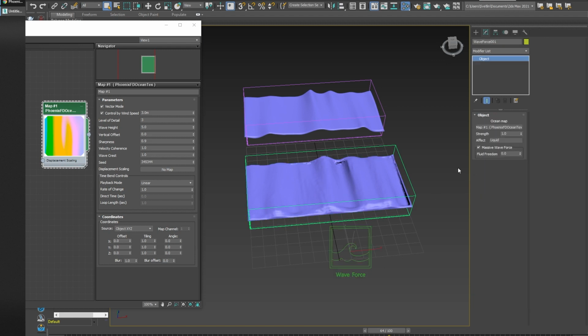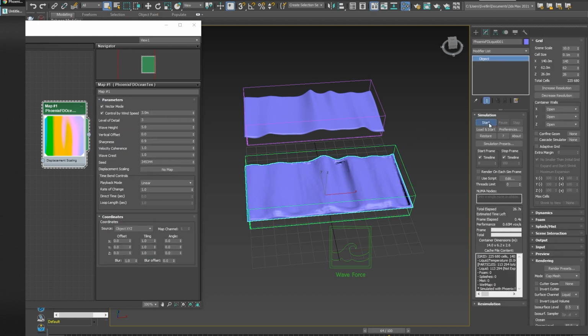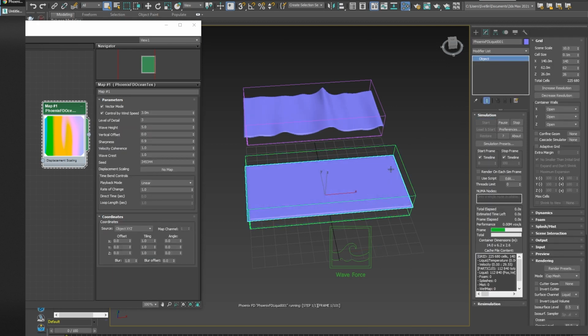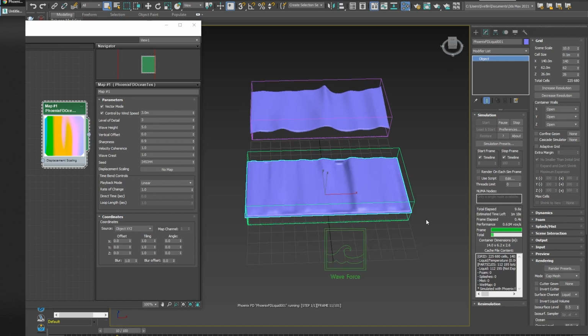Alright, and if I do the opposite, if I increase the fluid freedom to 1, then I'm giving back all that freedom to the liquid particles. So if I start the simulation right now, it would kind of behave like the old wave force before we added the massive wave force. Okay, let's see. So now